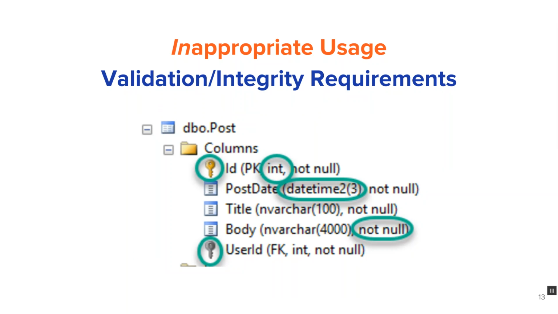Also, validation and integrity. Even though JSON has some data types like integers and strings, it's missing a lot of the great features that SQL Server has: foreign keys, different types of numeric data types, and not allowing nulls. You obviously want to validate on the front end as well, but if you need back-end validation, which you basically always do,